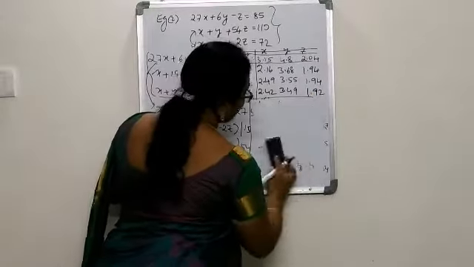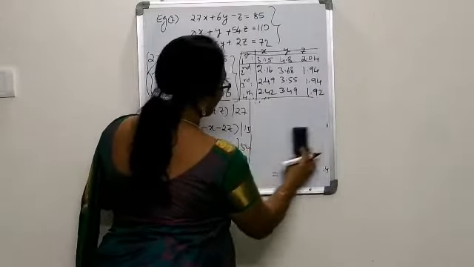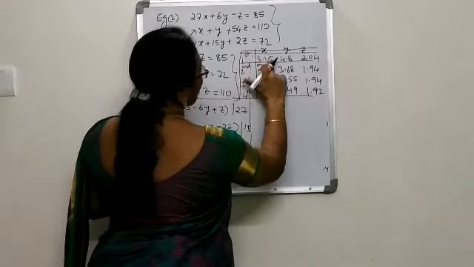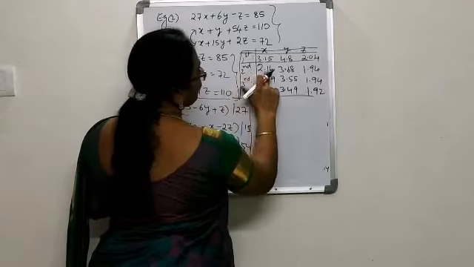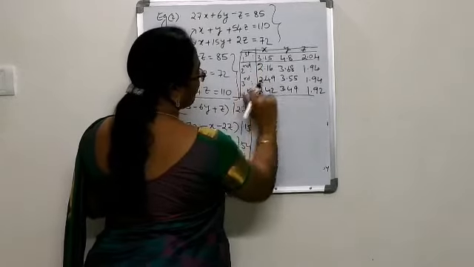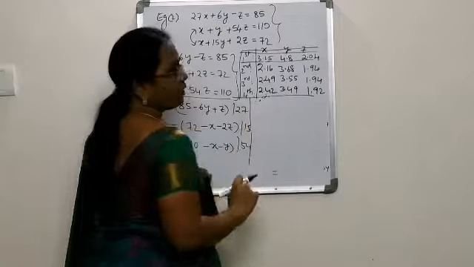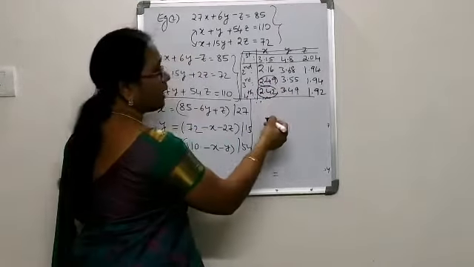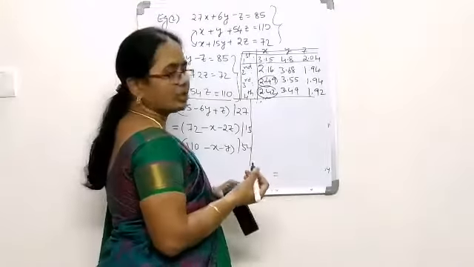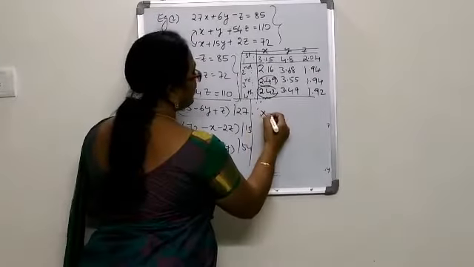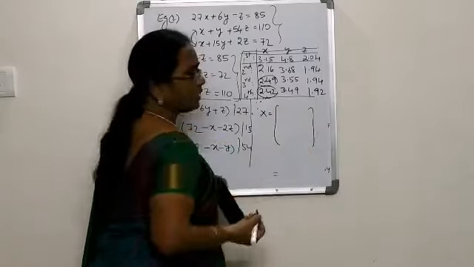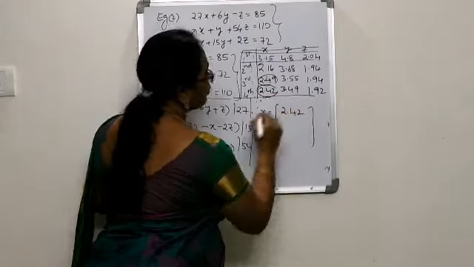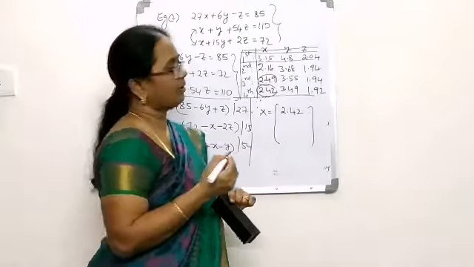Please look at the table, all of you. What are the values we have got? In the first iteration, we have x equal to 3.15, second iteration 2.16, third value 2.49, fourth iteration is 2.42. When we compare the third and fourth values, they are approximately very close to each other, and therefore in the required solution we can say that the fourth iteration value 2.42 is the required x value.